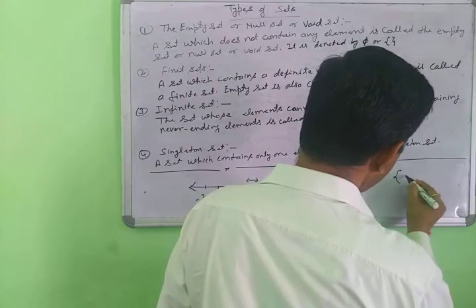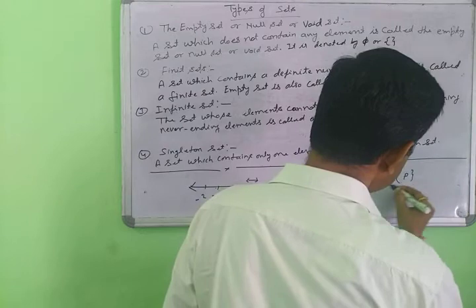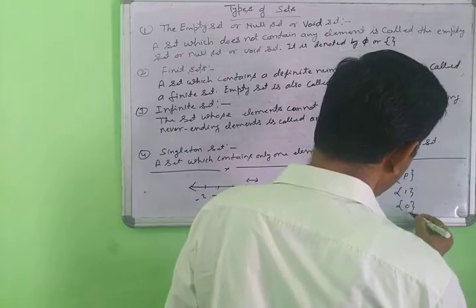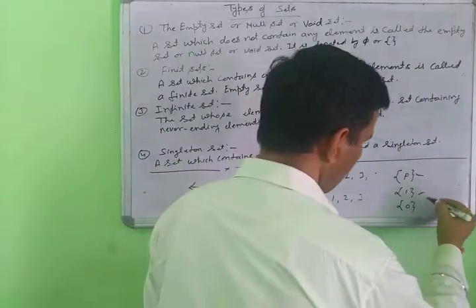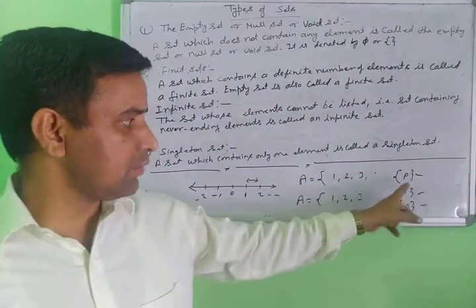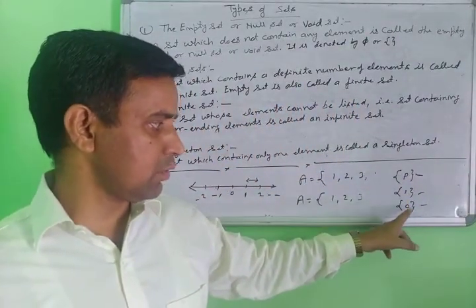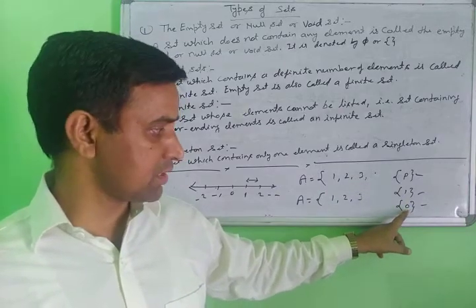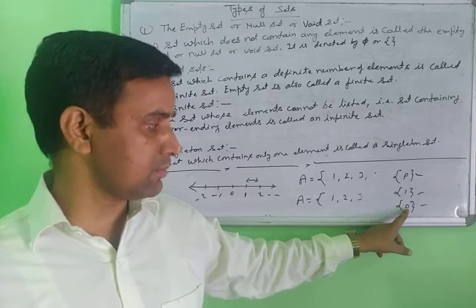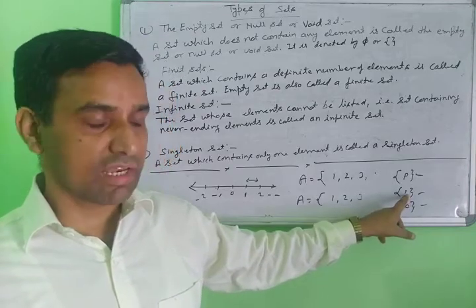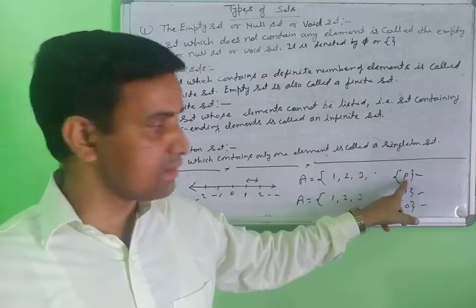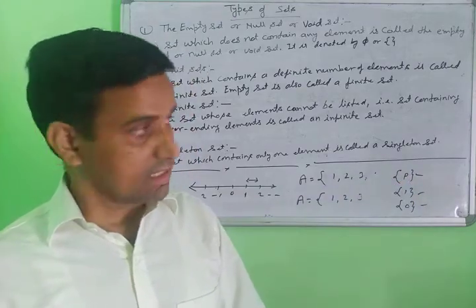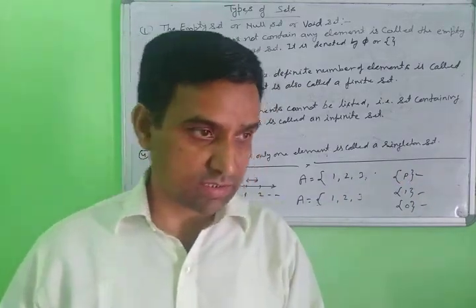Suppose you are having only one element. This is P, here 1, here 0. So this is a singleton set. All are singleton sets, here only one element, here only one element. Here only one element. Zero also counts as an element here, so don't write "no 0". 0 is an element, 1 is an element, P is an element. So these are three examples of the singleton set. Yes, note down your next point.